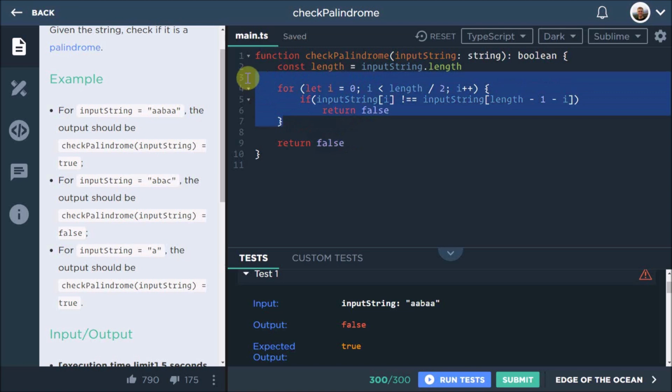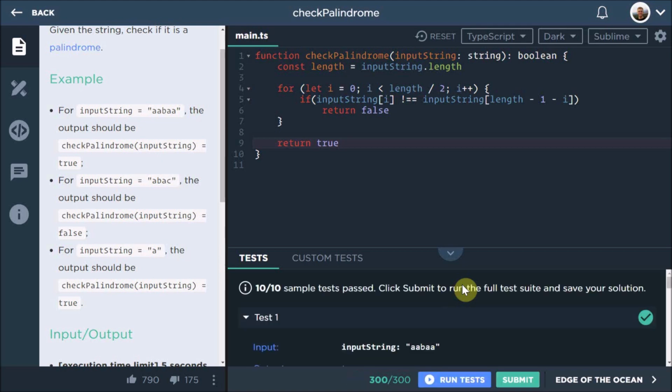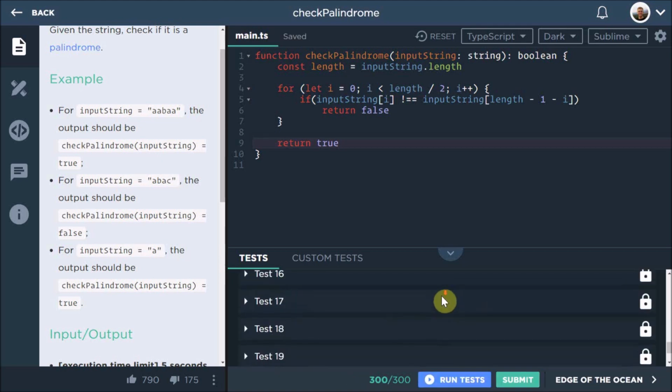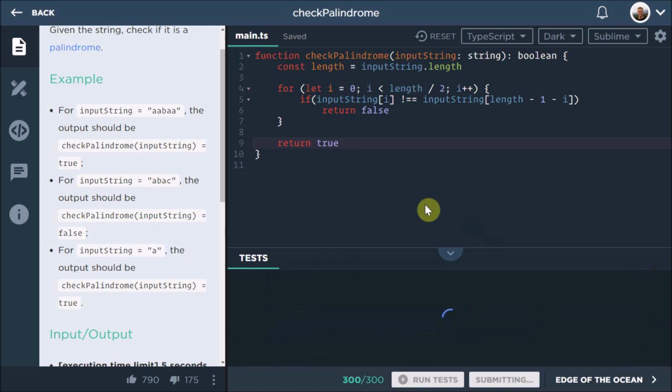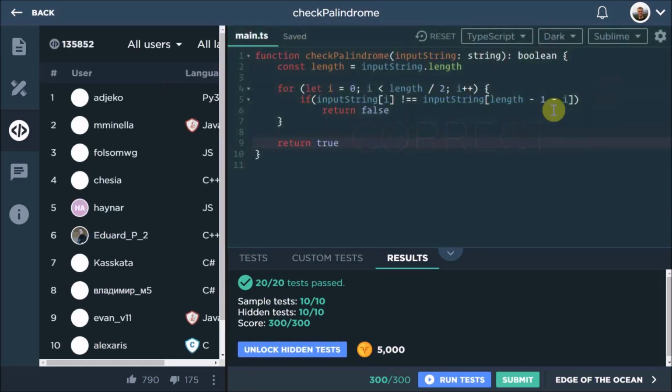And then if that all runs fine and doesn't return false, finally at the end we will return true. So let's run the test. And now we wait again, because that's what we do all the time. And it worked. Let's just submit to make sure it's all good. Is it good? Please be good. I just want you to work. It's all you ever want from code. And there we go. It's working totally fine.